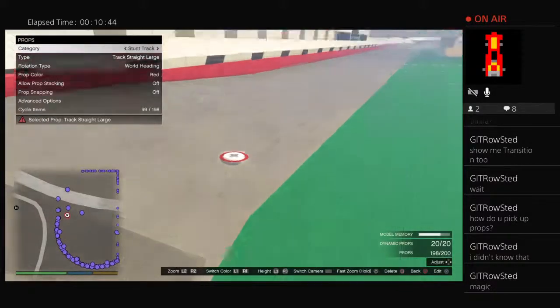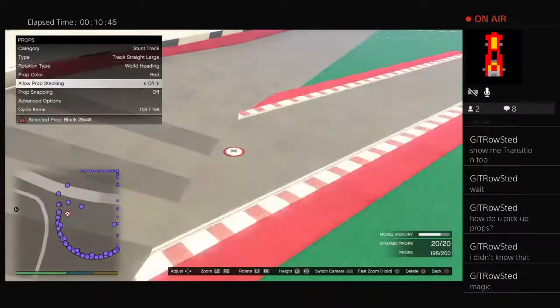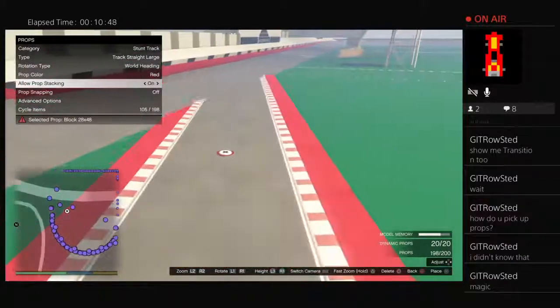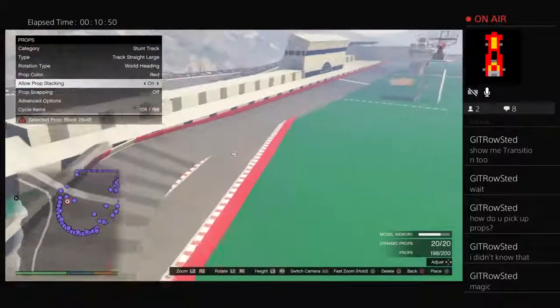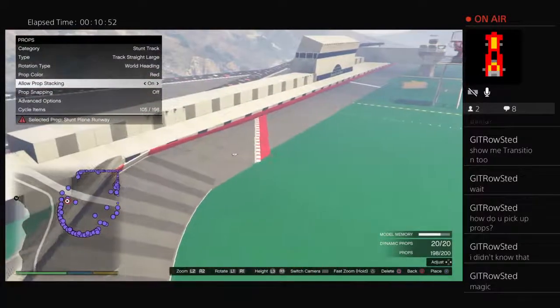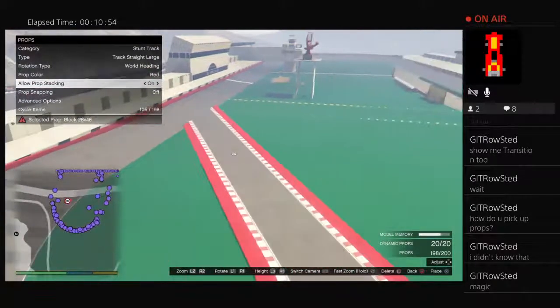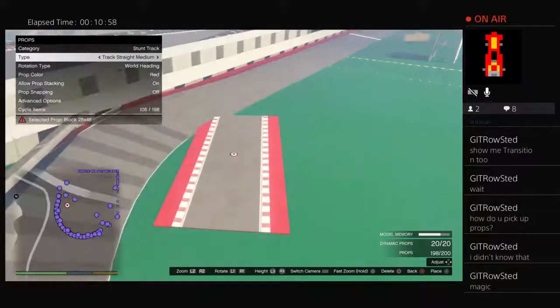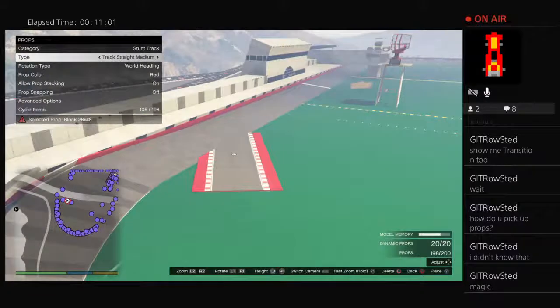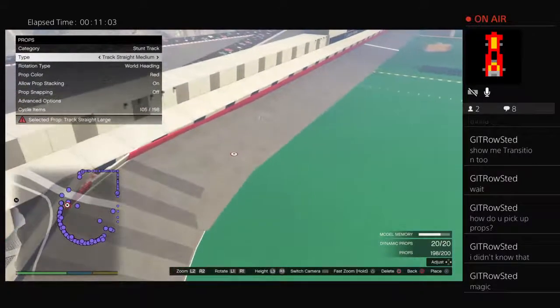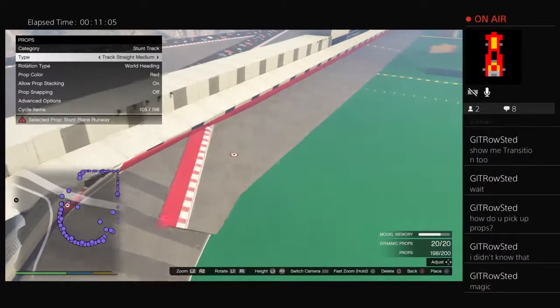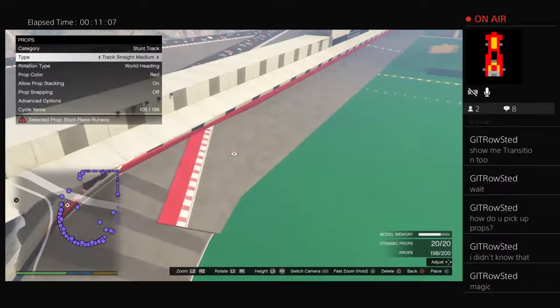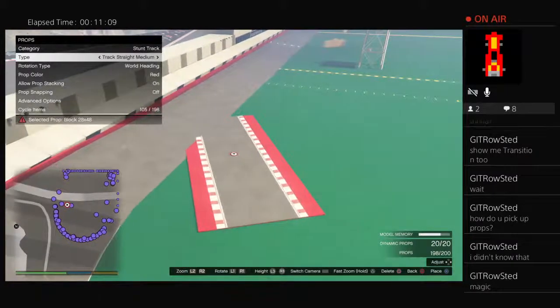The prop that I would use is always going to be that same prop, the track straight large, and it's always going to be long enough to do the transitions that you've got to do. Sometimes you could get away with a medium large rather. A medium is usually too short. In this case, it might make it, but yeah,